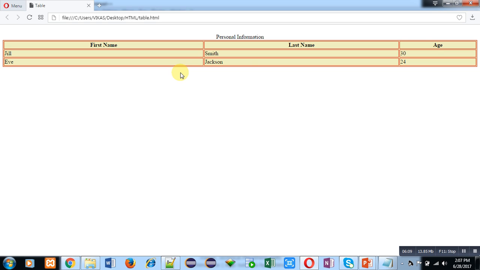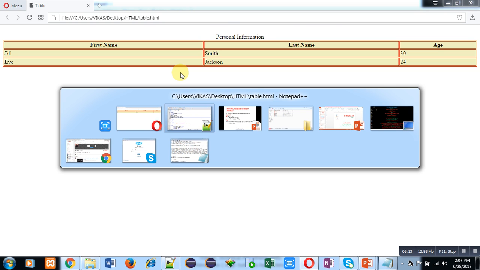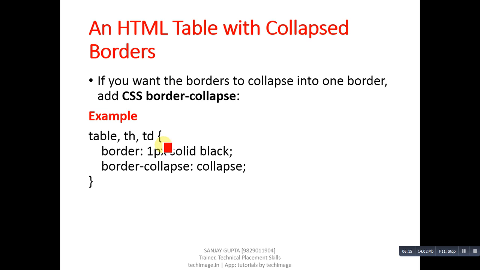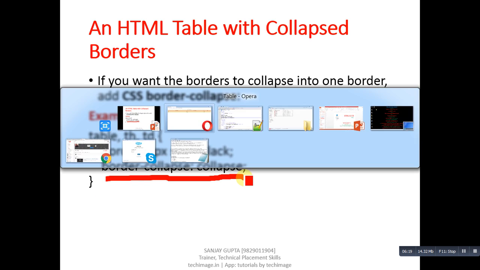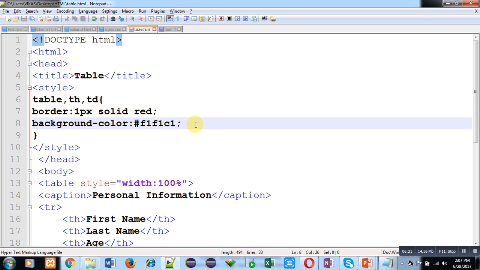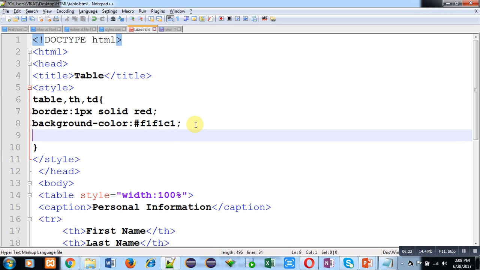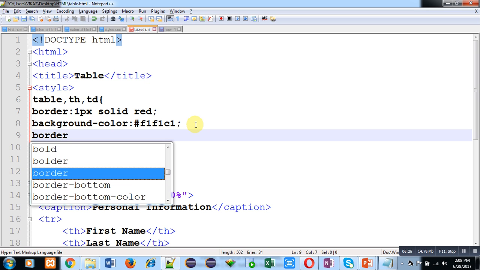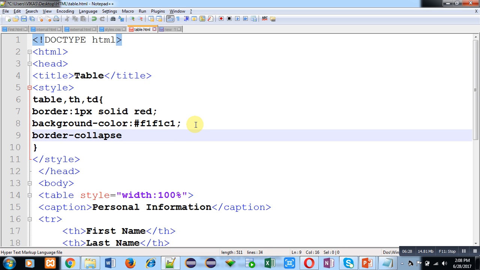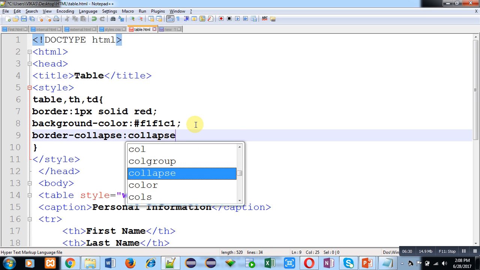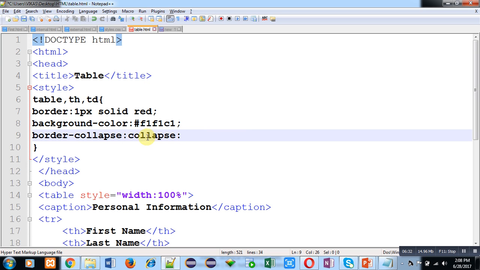So we can remove this by using border collapse property. So now I am implementing this property in CSS. So border collapse is collapse. So it will combine two lines of border into a single line.